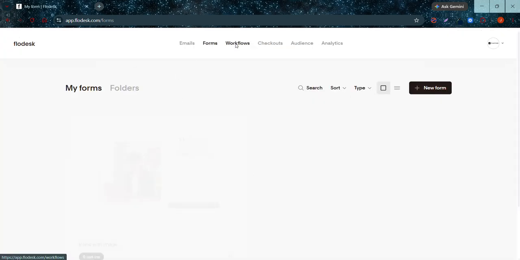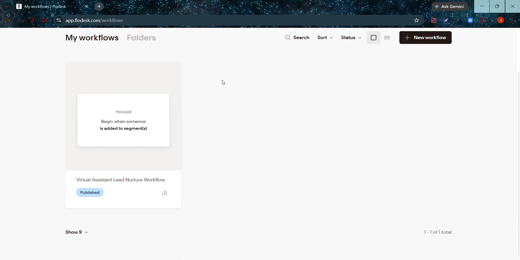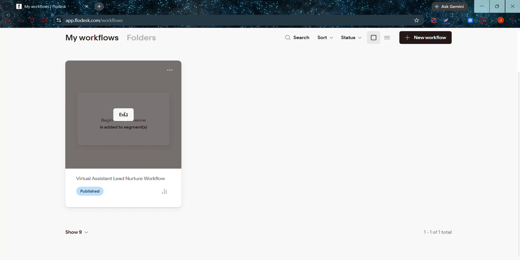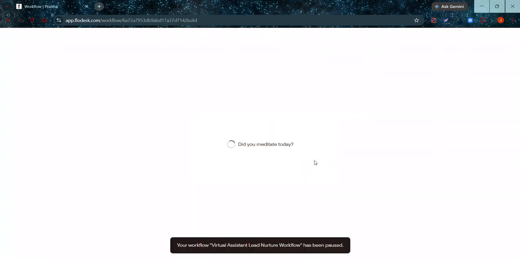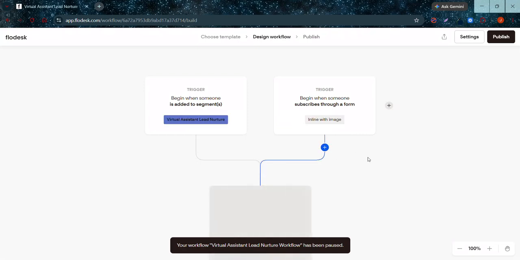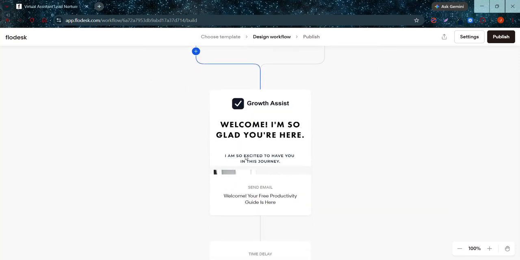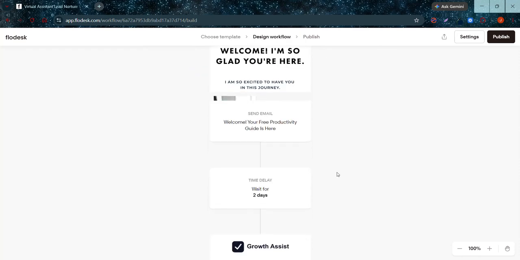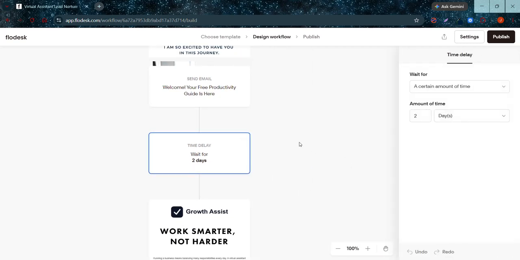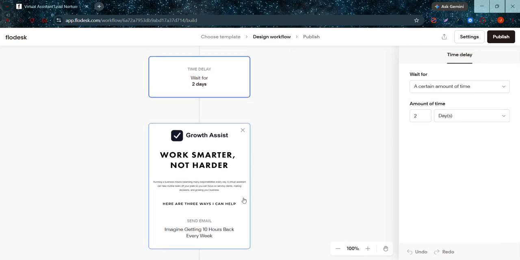And then lastly, the email marketing workflow. In this workflow, it's like an automatic flow of how, when people subscribe to you or become part of your segment, they will automatically receive a welcome email, and then you can program a delay, a period of time before the next email that they will receive is sent to them.